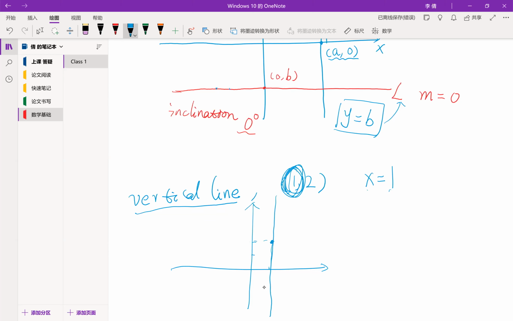And let's see, all the points on this line have the x coordinate equal to 1, right? So the equation of this line is x equal to 1. And let's see, this line is a horizontal line,